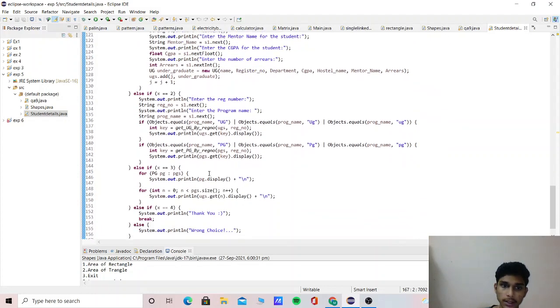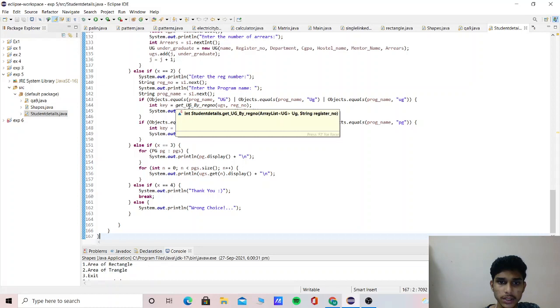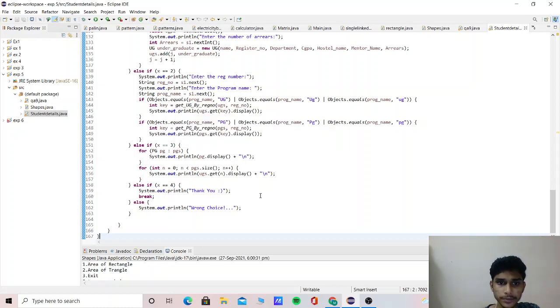Then else if x is equal to 2, System.out.println enter the register number, enter the program name, then String programName = s1.next. If the program name equals UG, int key is equal to getUGByRegisterNumber, then System.out.println get UG, key, display.